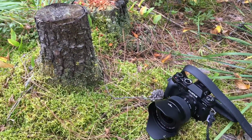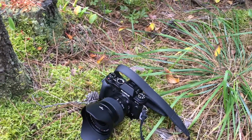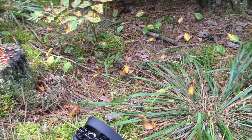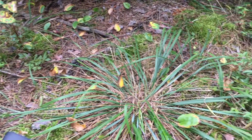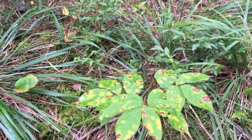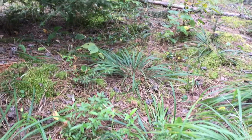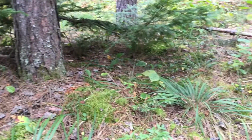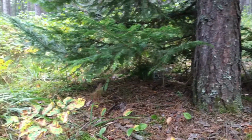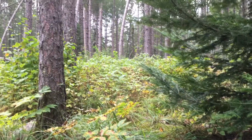Because of the old growth, a lot of these areas were typically filled with a lot of moss and different things like that. But when you look around at what's underneath you, a lot of times you're going to find a ton of different textures and small little details that really make things interesting and kind of like their own little world under here. So when you find yourself in a spot where you're out shooting and you get into one of these large pine